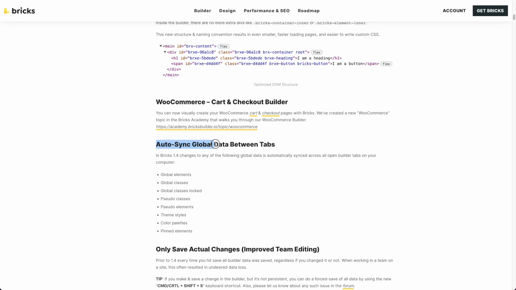Now, a really cool feature that was not that easy to actually bring to fruition is this auto sync of all of the global data inside the builder. So when you work with global elements, let's say you create a global element or a global class or pseudo element, and you have multiple browser tabs open. Prior to Bricks 1.4, there was no way for you to get those changes into your other tab. You basically needed to reload the entire tab and then you could see and work with a new class, for example. Now in Bricks 1.4, this is actually happening automatically. And I'm going to show you quickly